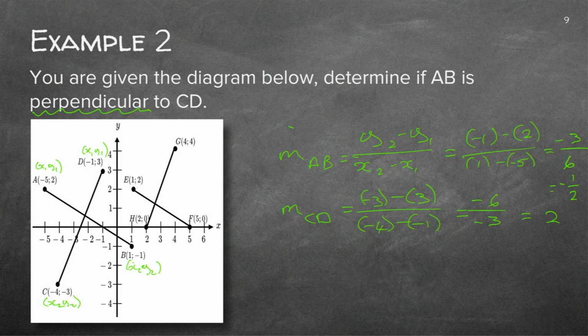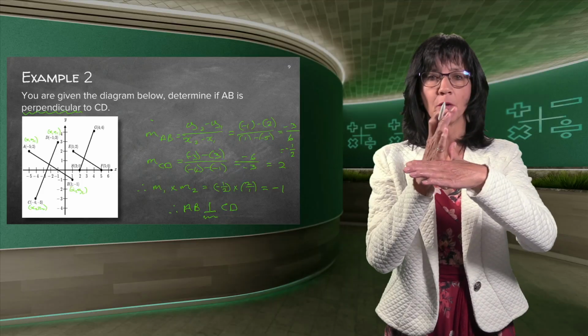Now I can test that formula of mine. So now I say M1 times M2. You do not write the minus 1 down because you are testing it. You are doing a substitution sum. The one was minus a half. The other one was 2. I prefer to always put the 2 over 1 because then I can clearly see it's giving me a minus 1. And the minute it gives me that, you write down line AB is perpendicular to line CD. I hope you know this way of writing. You also did it previously. Perpendicular, you just show a little perpendicular symbol.